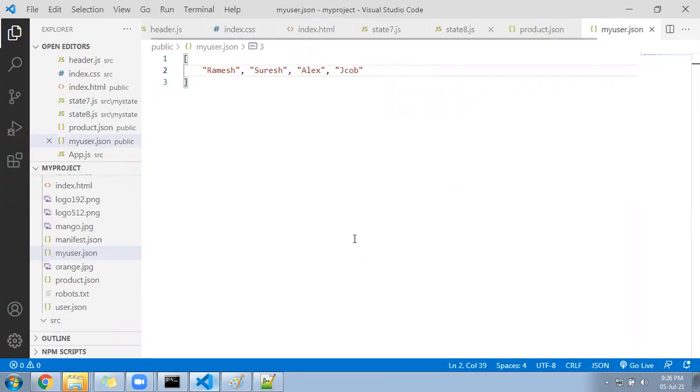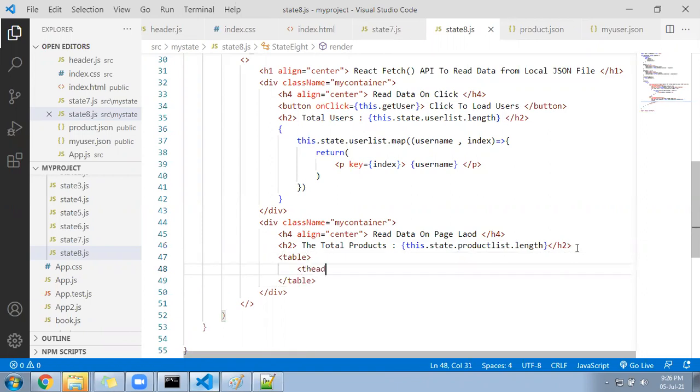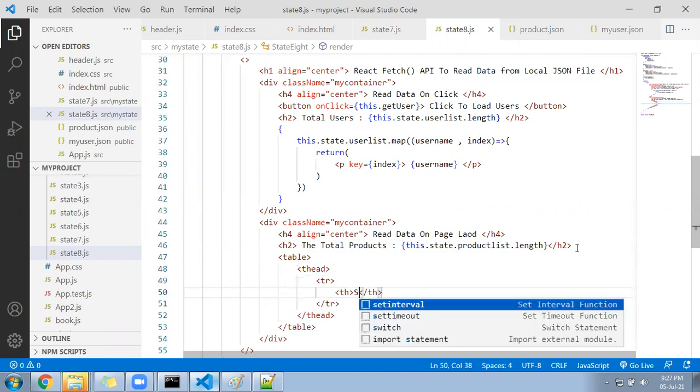Okay, so let me go here, and since it's a multi-dimensional array, I'll create a table, and I'll follow here called thead. Thead will have a tr, and under the tr we can follow the th, that is called serial number.